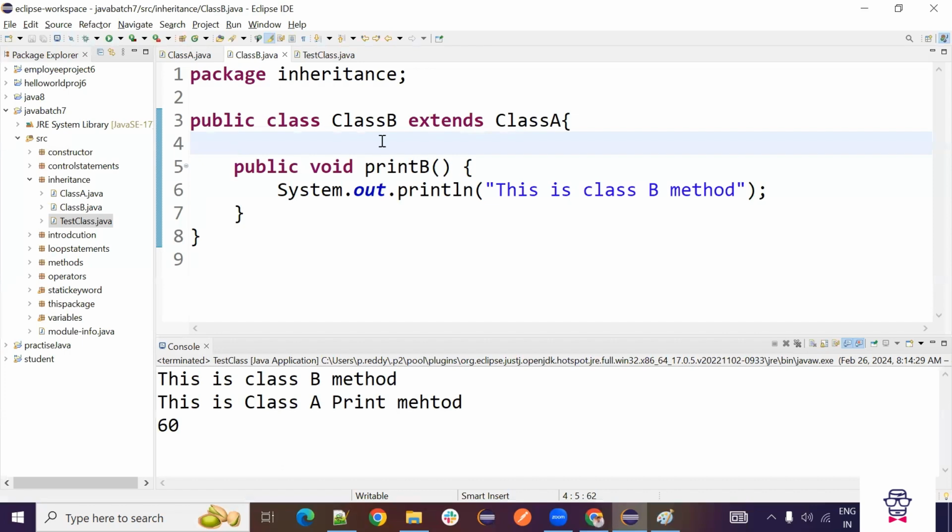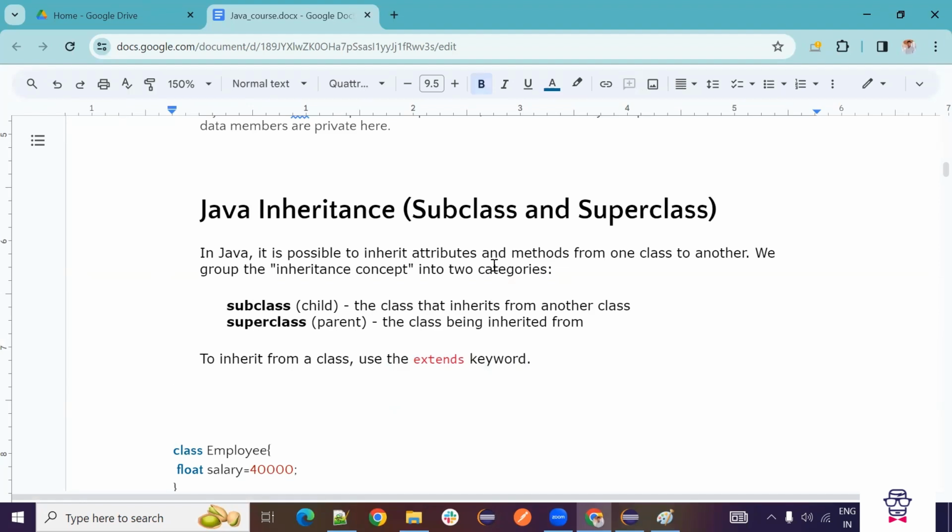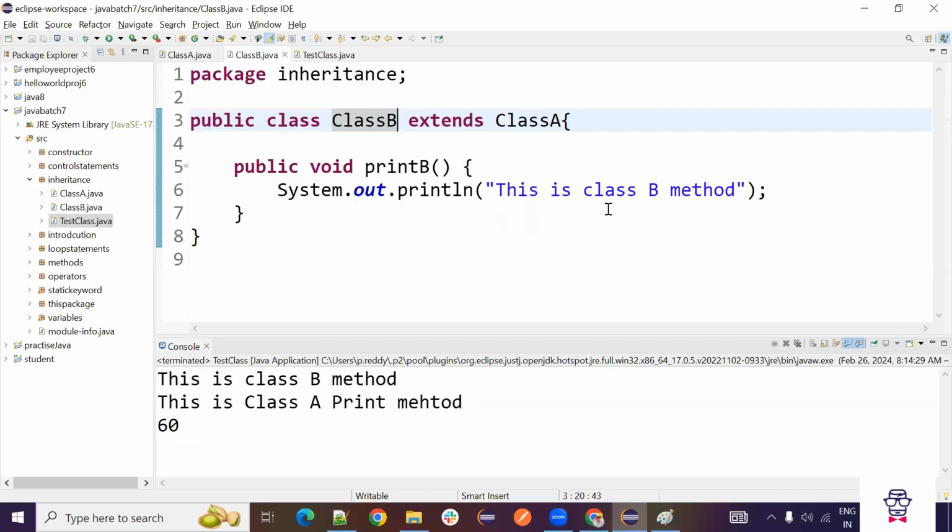Now, if you want to create one more child class to class A, then you can write public class C extends class A. Like that, you can create one more child to class A. Or if you want to create a child to class B, then you can create it. We will use the extends keyword. Extends parent class. So whatever we give after extends, it's a parent class. And whatever comes here, it is a child class.